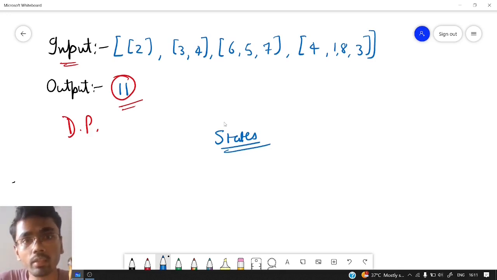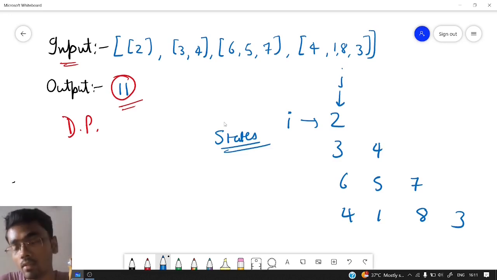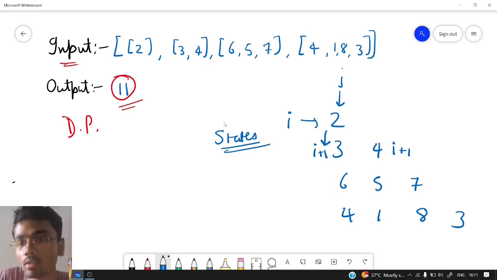Now if you see the first example itself, that is 2, 3, 4, 6, 5, 7, 4, 1, 8, 3. Let's say we are traversing the row by I and we are traversing the column with the help of J. So we have two possible options, either we will go to I plus 1 or we will go to I plus 1 comma J plus 1. So these are the two possible scenarios.